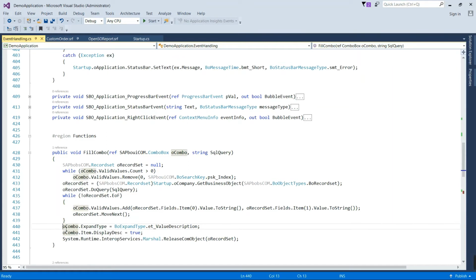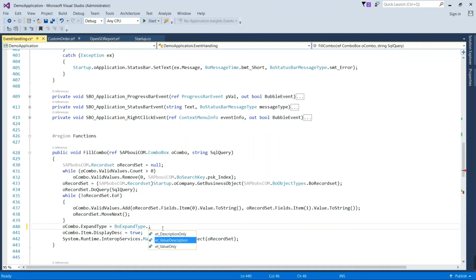And now come to the two properties that are important while working on a combo box. The first one is expand type. Once you click on the combo box, you can expand your combo box in three ways. One is description only, the second one is value plus description, and third one is value only.